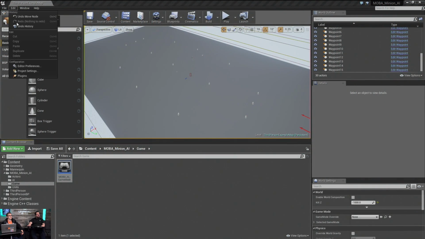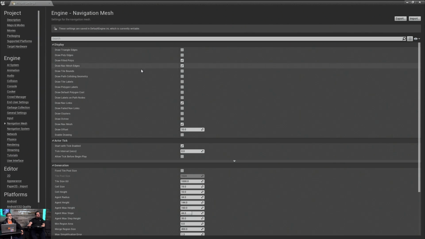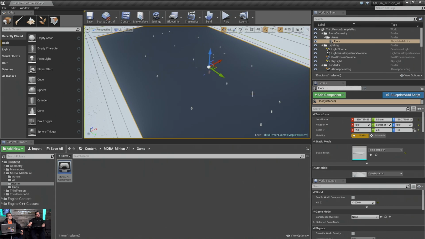Well, there's also the problem of, when I just talked to Mieszko about this, I was running into a really weird issue with AI choosing the longer path, but it has a shorter cost. When you look at the nav mesh, this will be a really good thing to show. Project settings, navigation mesh. Give me poly and triangle. I might have to recast that. Nope, okay.